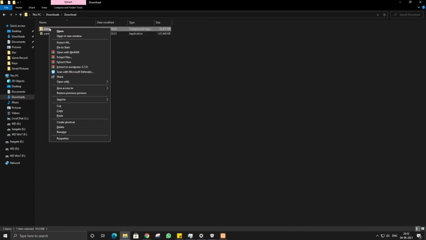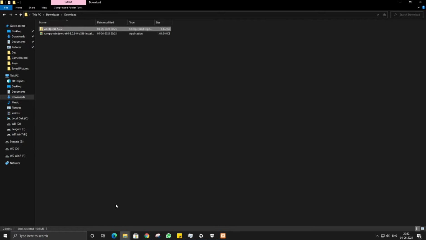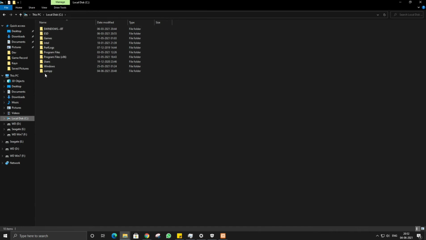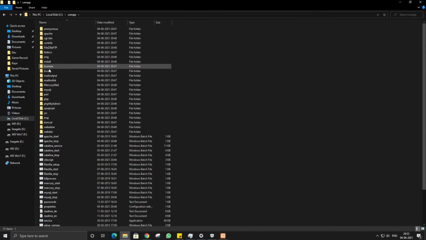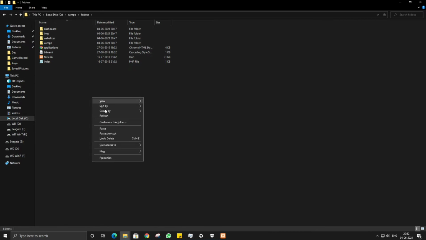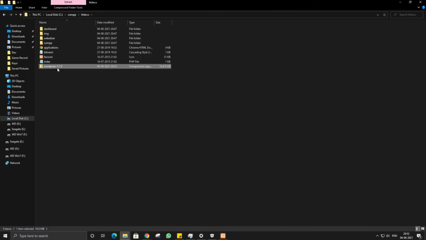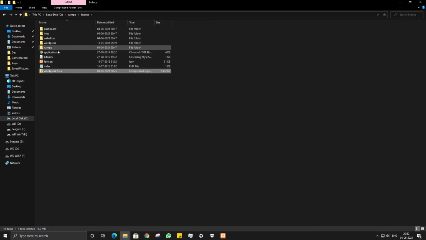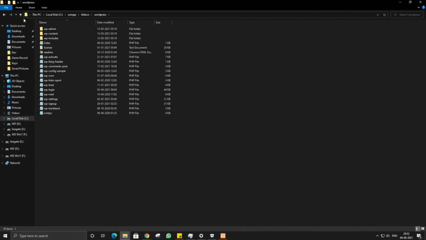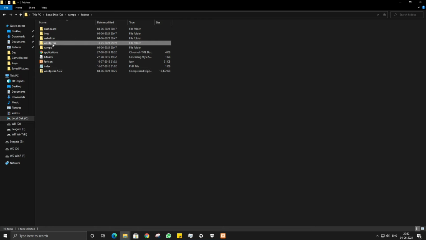So we will install the WordPress on this local server, that is XAMPP. So we will copy the WordPress setup to the htdocs folder in XAMPP folder, and we have to paste in htdocs. We have pasted it, and then we have to extract this. This will name as WordPress. We can rename it as you like. This is WordPress, and we can rename it or leave it as a WordPress also. So I'll rename it to ecom, as I'm making a e-commerce website.